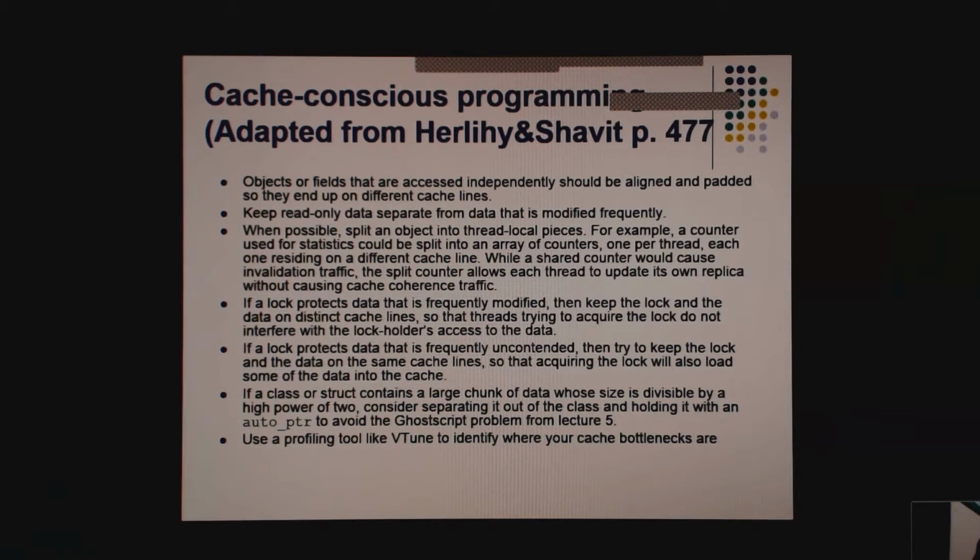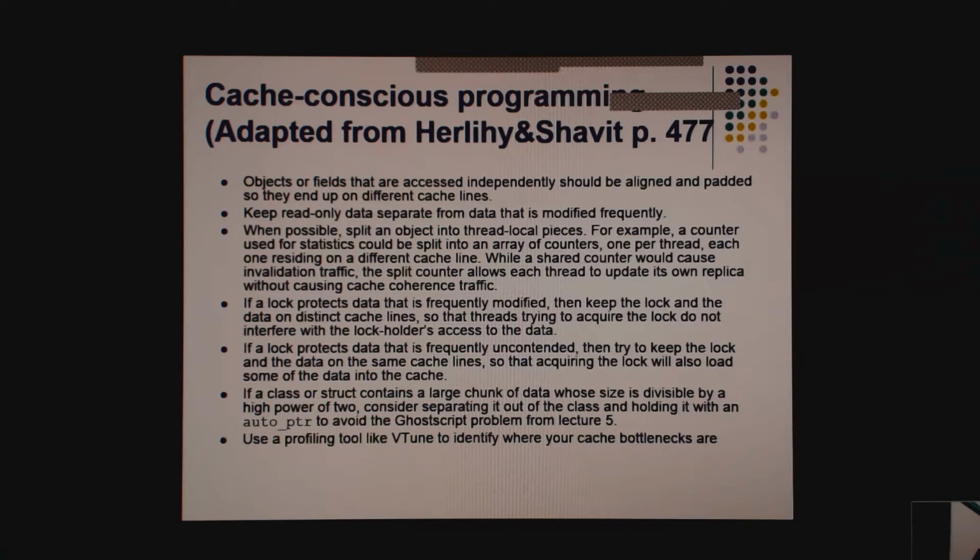Herlihy and Shavit's book on multiprocessor programming, for best practices around programming the cache. All right? So the first one we've already mentioned: fields that are accessed together should be aligned and padded so that they end up on cache lines.